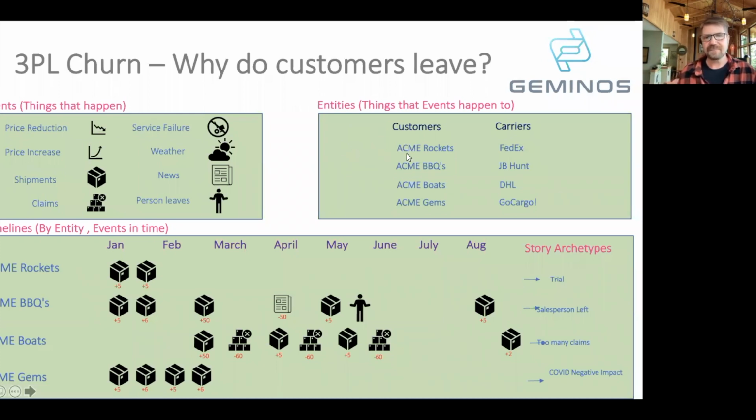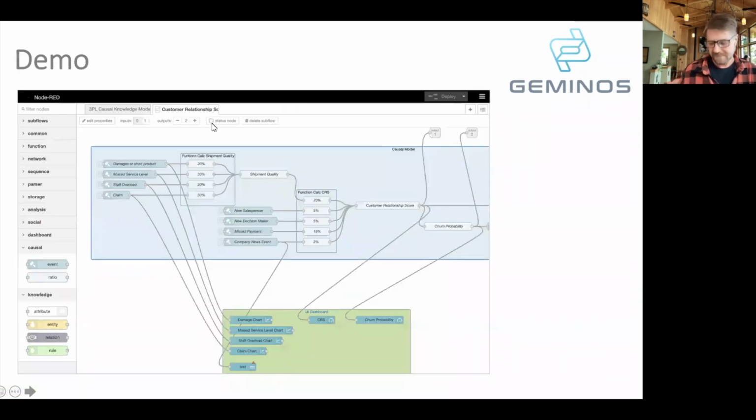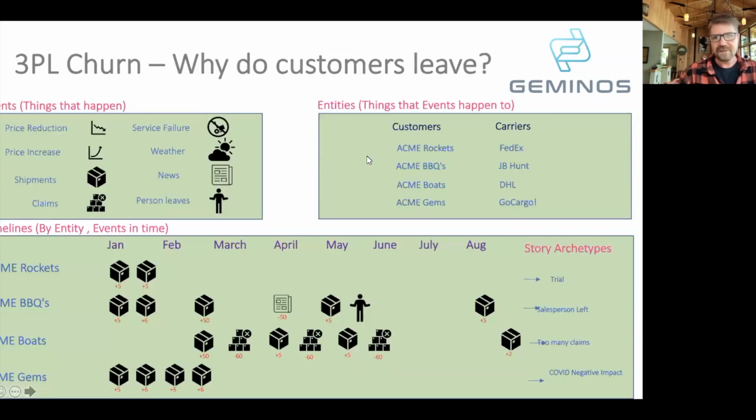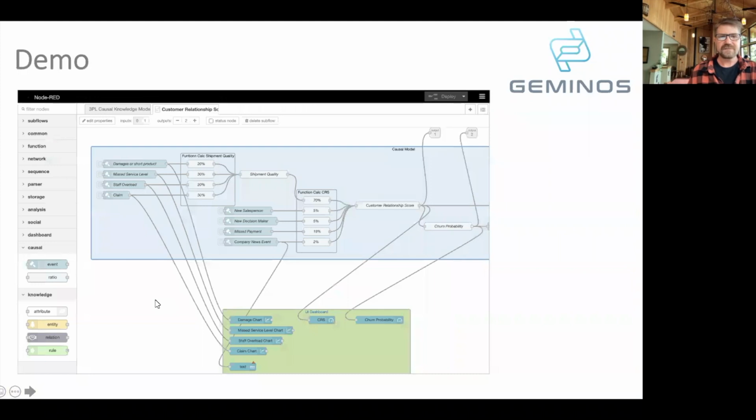These events can happen to Rockets, Barbecues, different customers, or even different carriers. So think of a price, or think of a shipment. A shipment is really, when you think from the TypeDB or from the TypeQL side, an event that happens that involves a customer, a carrier, and a receiver. So we're going to model these events as relationships and these as entities. Once you've done that,